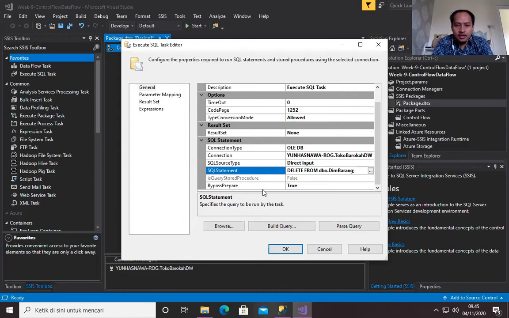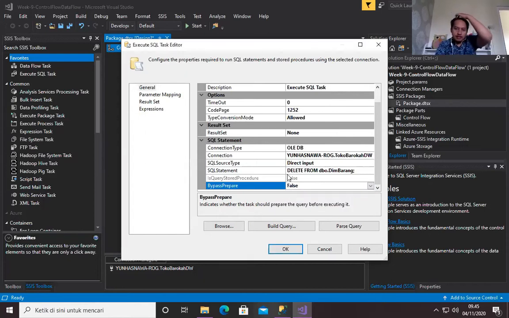And then you notice here we have BypassPrepare. Make it false. What does it mean? It means that we want to check the query first before its execution, so we prevent errors whenever we are executing our package. After this, we have to make sure that our query is entered correctly, by clicking this one, Parse Query.